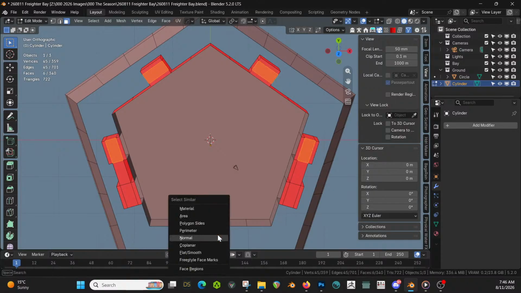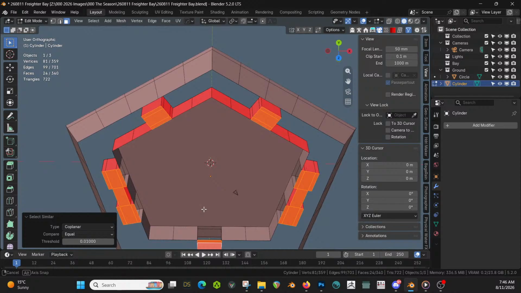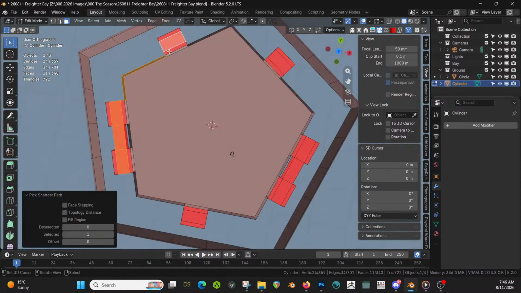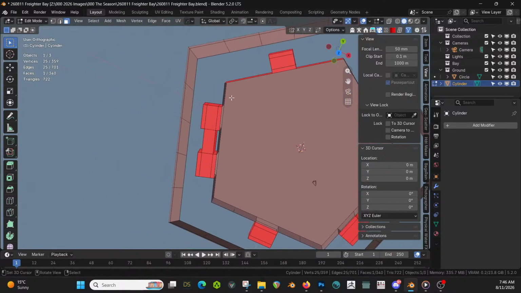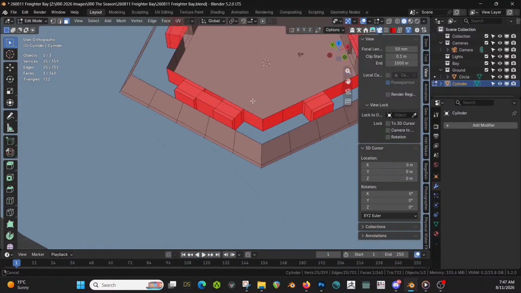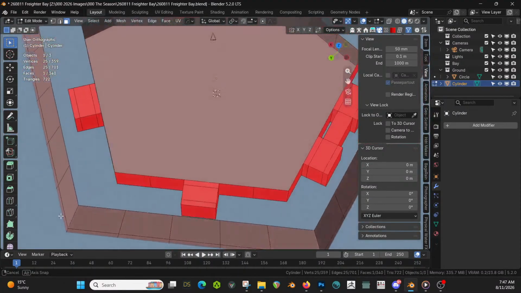Shift G. Coplanar. Right? No. I want to do that. Just trying to decide how the best to handle this. But I do like that it kind of comes down a little. So that's fun. But then I want,